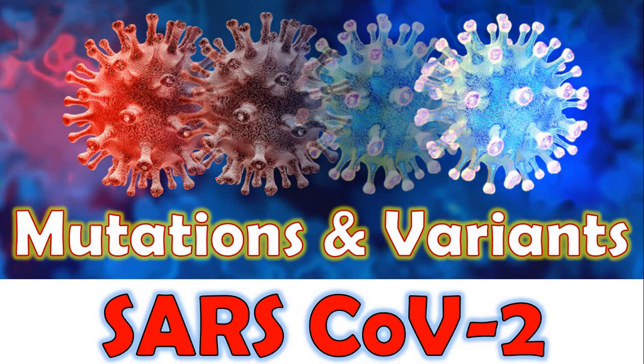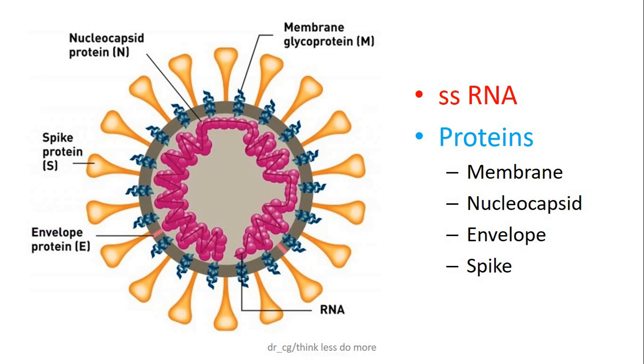So let's begin with the structure of the virus. Actually, structure is a very important thing to know to understand the mutations. This virus is a bunch of various proteins together, with single stranded RNA as the genetic material, where codes are accumulated in the RNA to generate all these proteins. But for clinical purposes, just the spike protein is very important for us. So we will look a little more in depth at this spike protein.